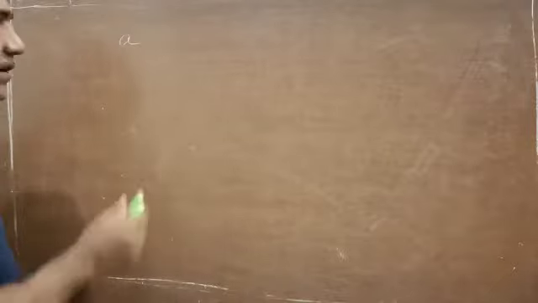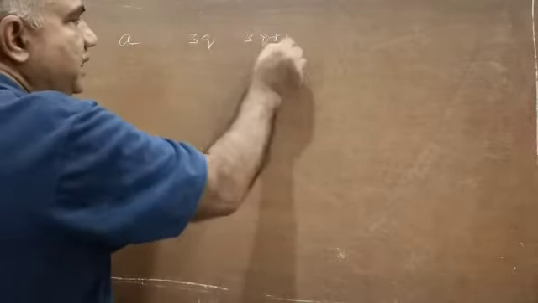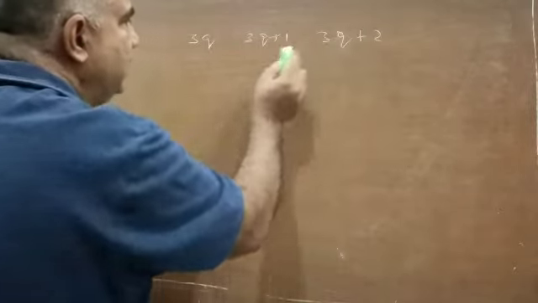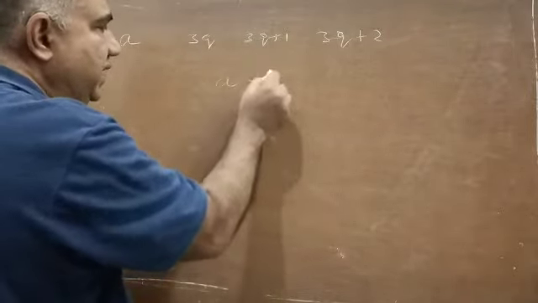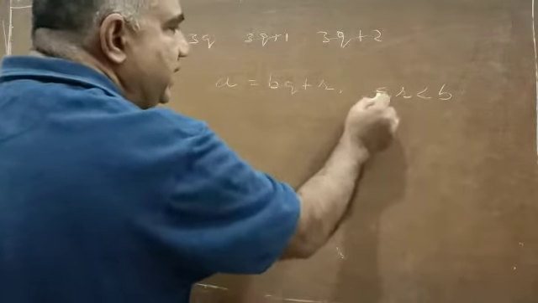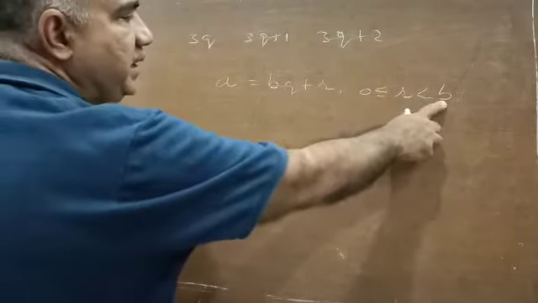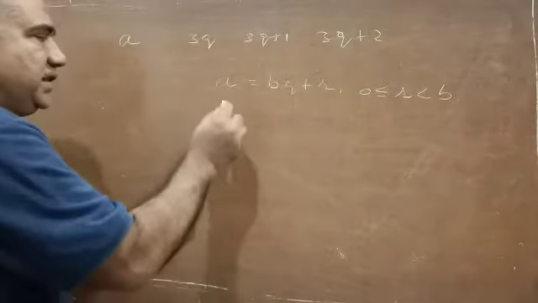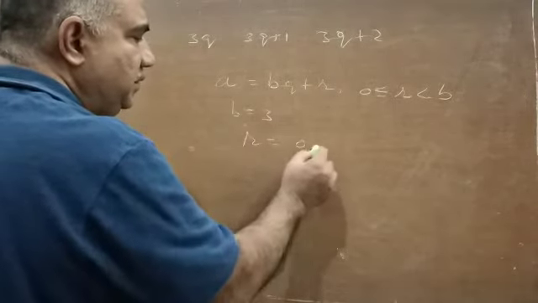So I will tell, let us suppose we have a number x or a, you can call it anything. Let a be a positive integer which is of the form 3q or 3q plus 1 or 3q plus 2. Now see, we have seen it. If divisor is 3, as per Euclid division lemma, a is equal to bq plus r, where r is less than b but can be equal to or greater than 0. Here there is a binding that remainder cannot be greater than this. So when b is 3, all possible remainders are either 0, 1 or 2.